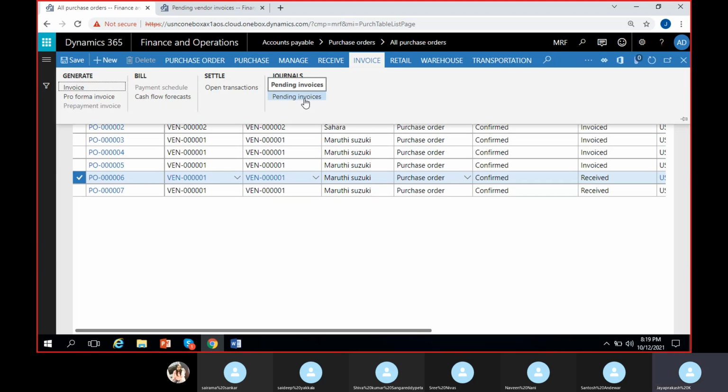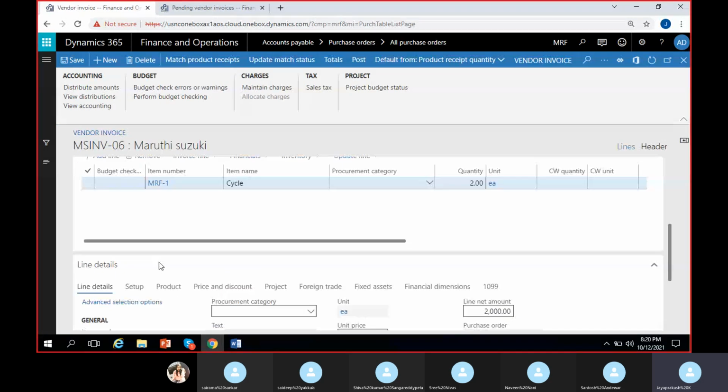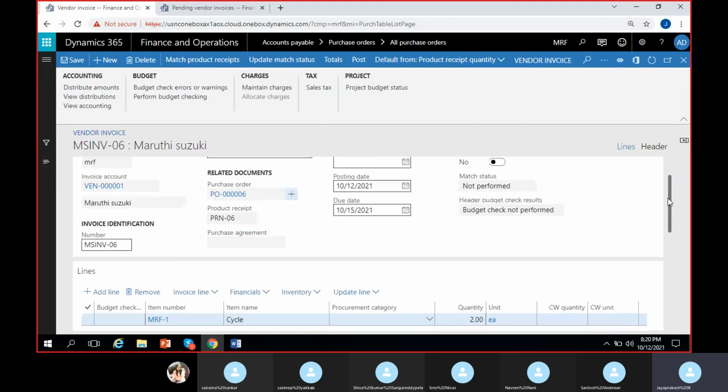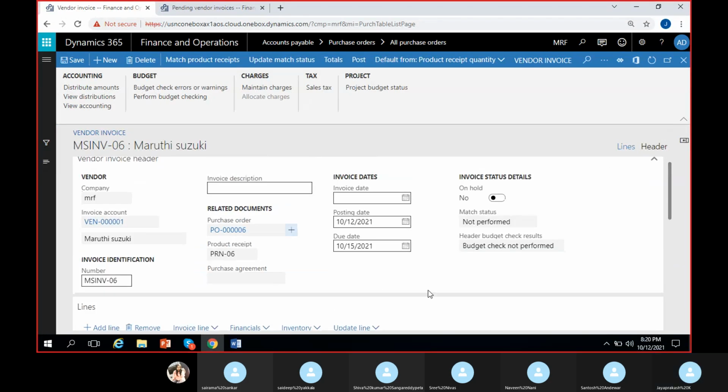If I have created and not posted, here the lines are. If you want to edit it and post it again, I can click on it. As I click on edit again, it will take me to the same invoice which was left over without posting. Same invoice. If I don't want to post this invoice,